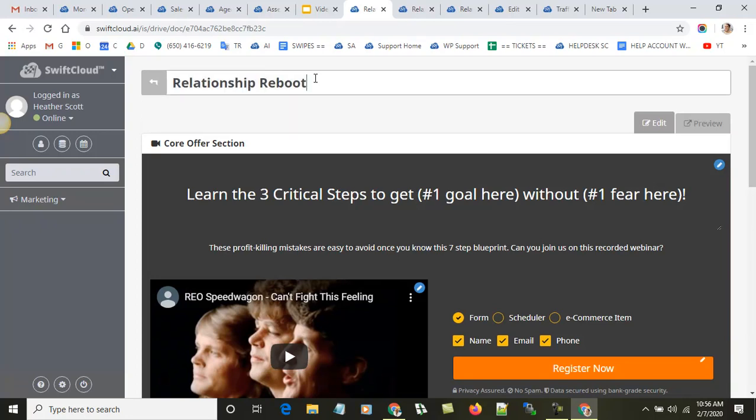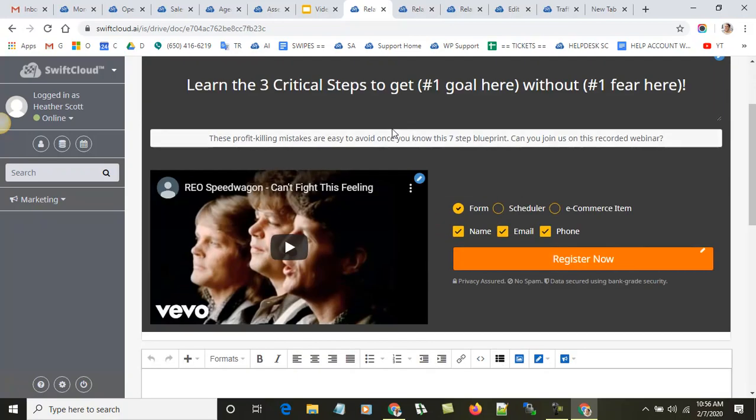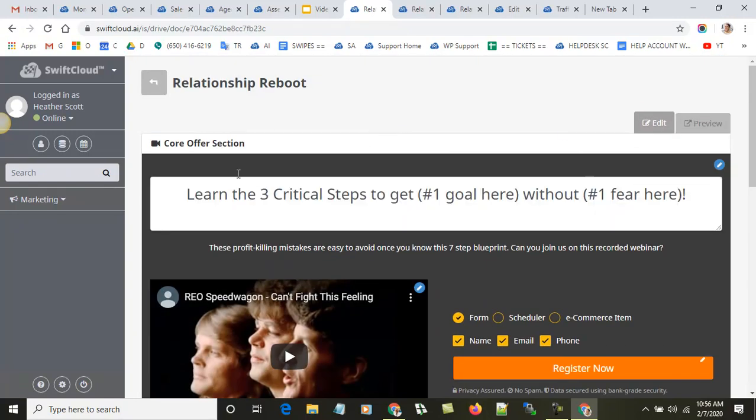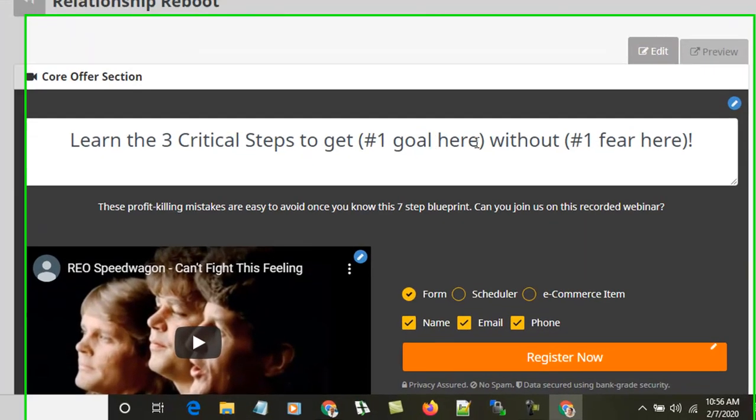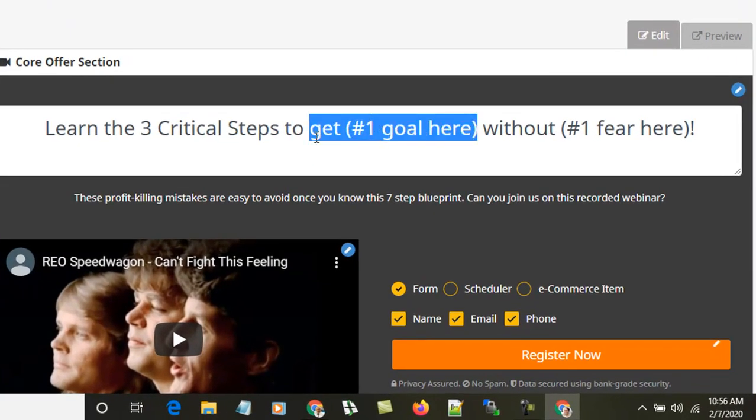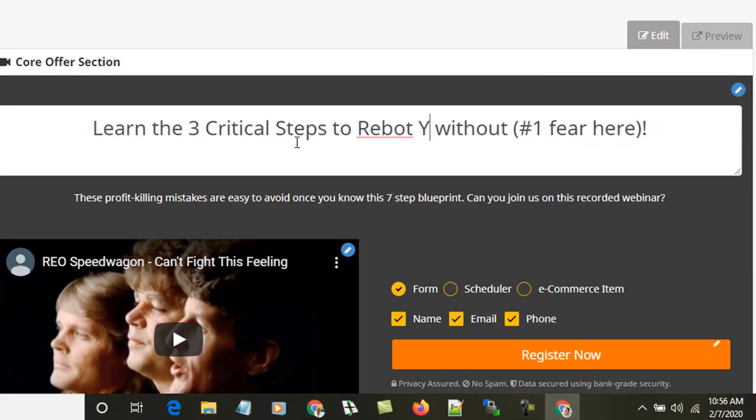It just looks like a title, but you'll see that throughout SwiftCloud, there's a lot of things that if you hover them, they become active. We do that on purpose to sort of not distract you from what's at hand. Same thing with these headlines, right? So as soon as I hover this, right? So learn 3 critical steps to, let's say, reboot